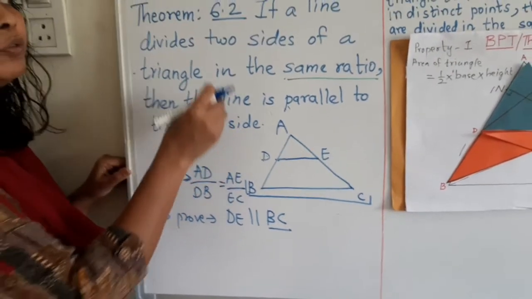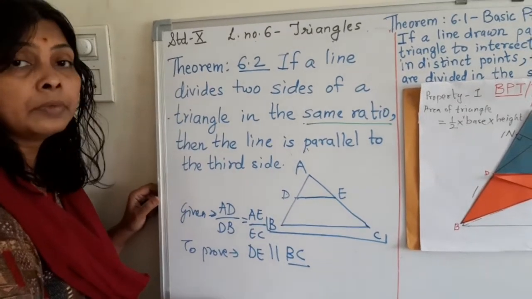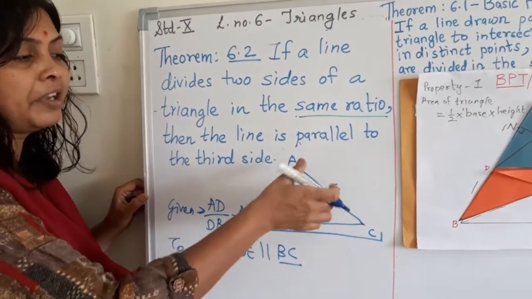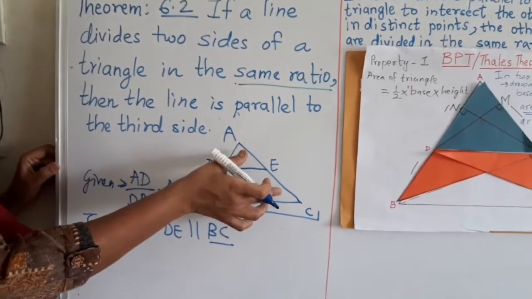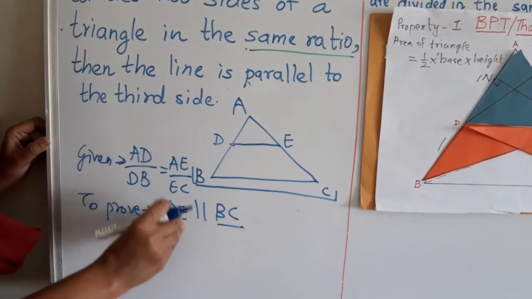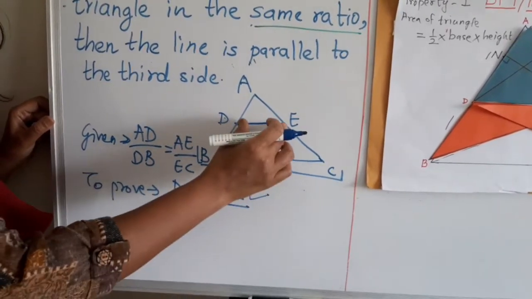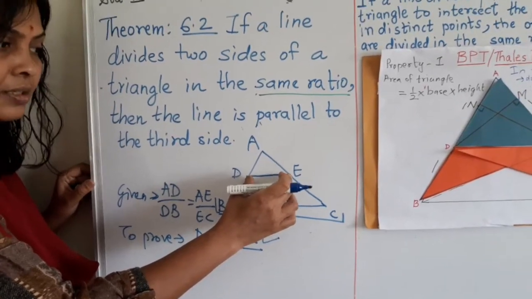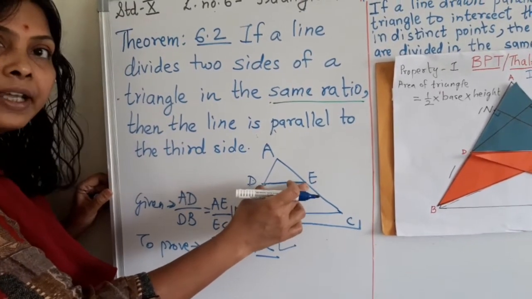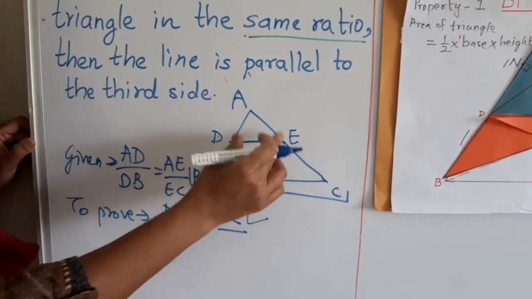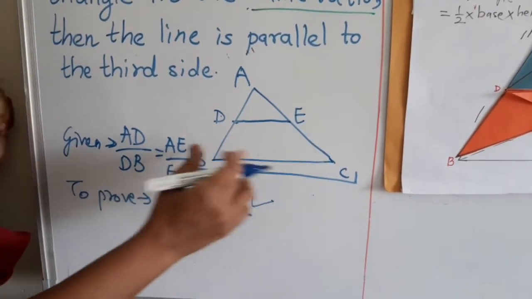It's exactly the converse of this theorem. So we sometimes use this theorem when the ratios are given and the ratios of the remaining two sides are the same. Then we have to prove that the segment we get by intersecting these remaining two sides of the triangle is parallel to the third side of the triangle.